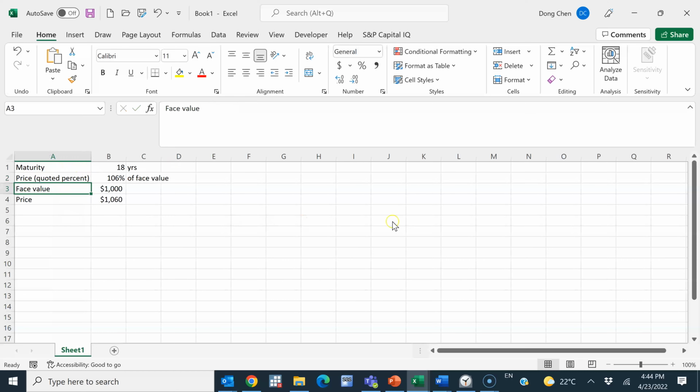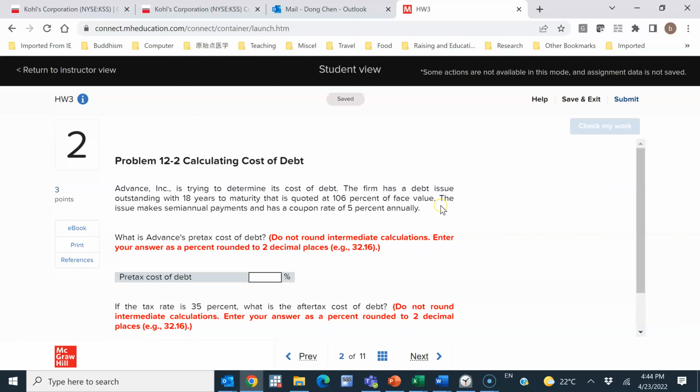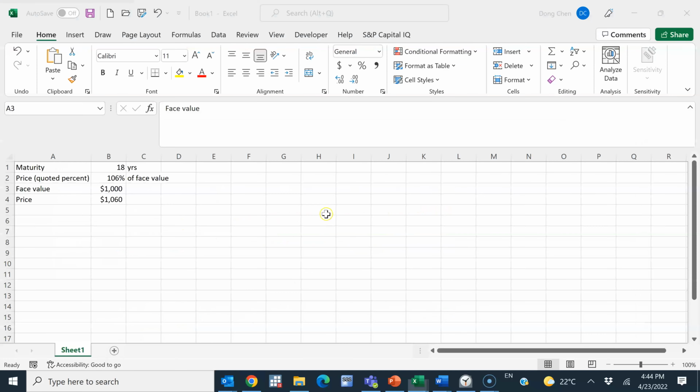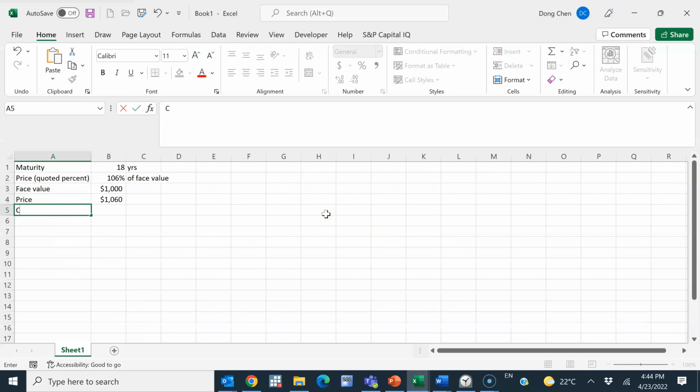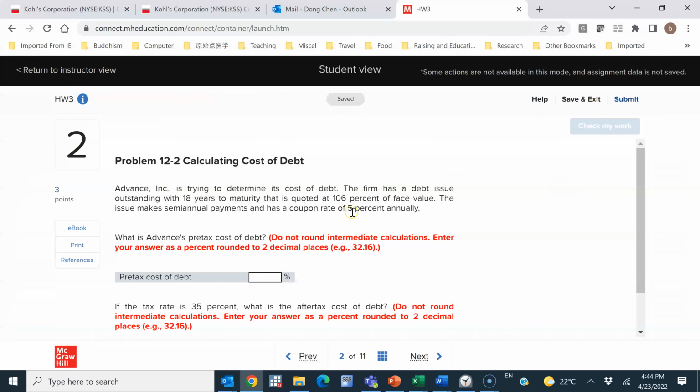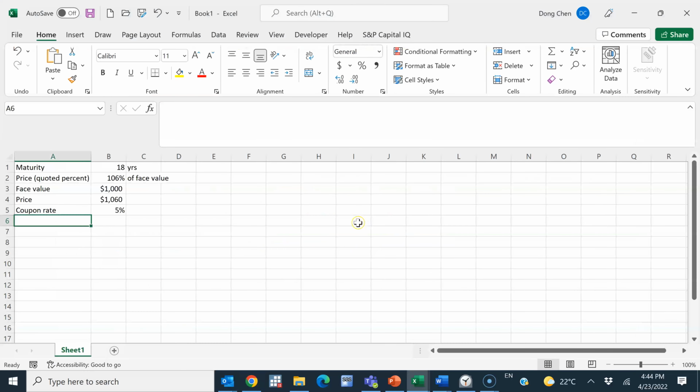Okay, so let's continue to put the information from the setup into Excel. The issue makes semi-annual payments and has a coupon rate. So the coupon rate is 5%, and this is the semi-annual coupon. So the first part of the question is calculating the pre-tax cost